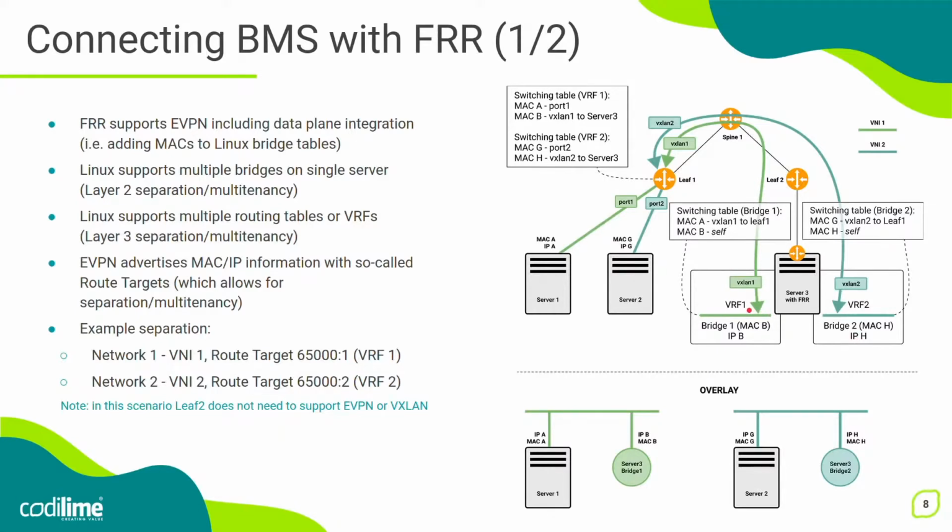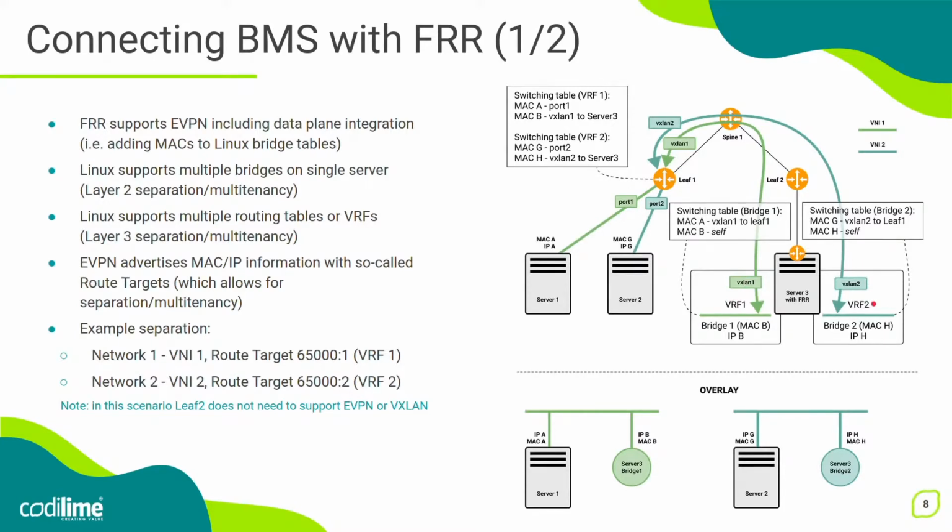Basically, creating a VRF is creating additional routing and switching tables. So here we've got bridge 1, which is assigned to VRF1, and it means that now bridge 1 can only communicate with other interfaces, be it logical or physical, that are also connected to the same VRF. It is no longer able to communicate with interfaces located in the global routing table or in other VRFs.